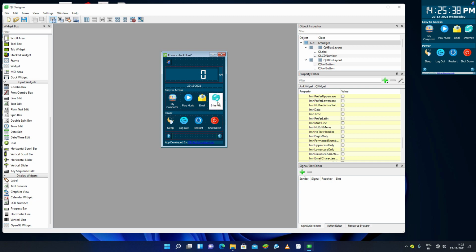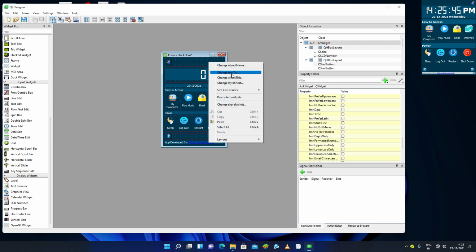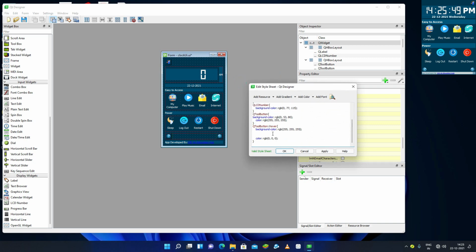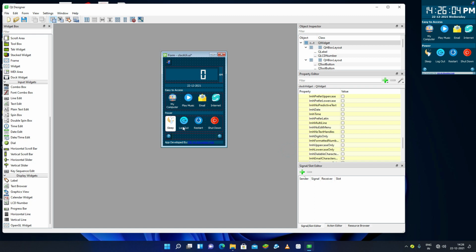Now as you can see, I have not got the border radius here but only there. So just add border radius outside for all the QToolButtons. Come to the change style sheet, and now use border radius, and I want the border radius as 5 pixels. So just use 5 pixels here and apply and OK. Now these have the border radius. These are good.